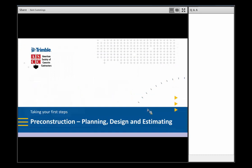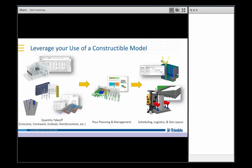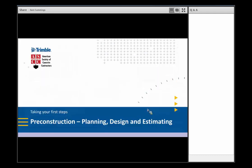We're going to go into detail now, put aside the level of development, and hopefully we've got that one home, and see how we can actually benefit from models in real life environments, and how we're using it. So if we have a look at how we take our first steps in pre-construction planning, design, and estimating here,